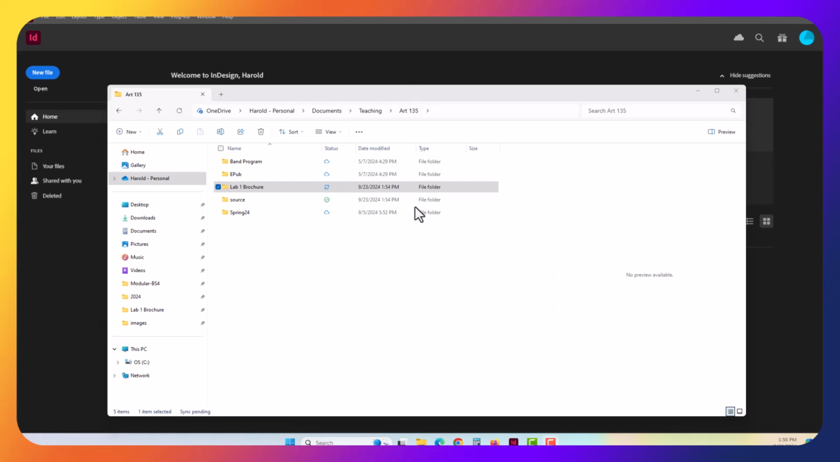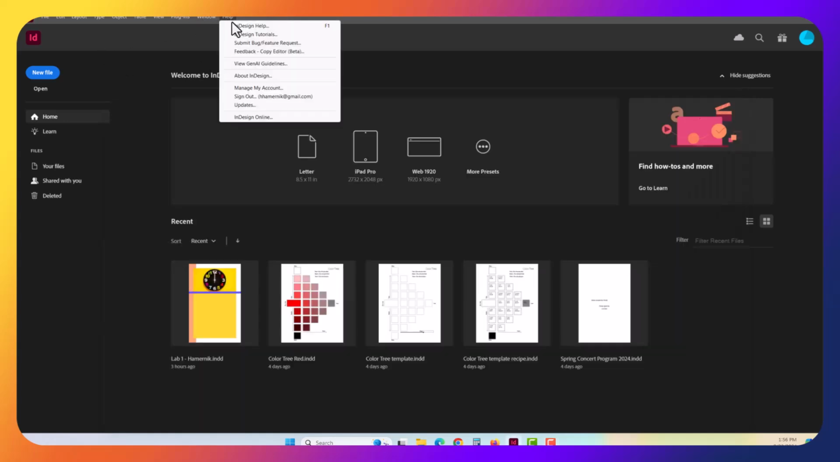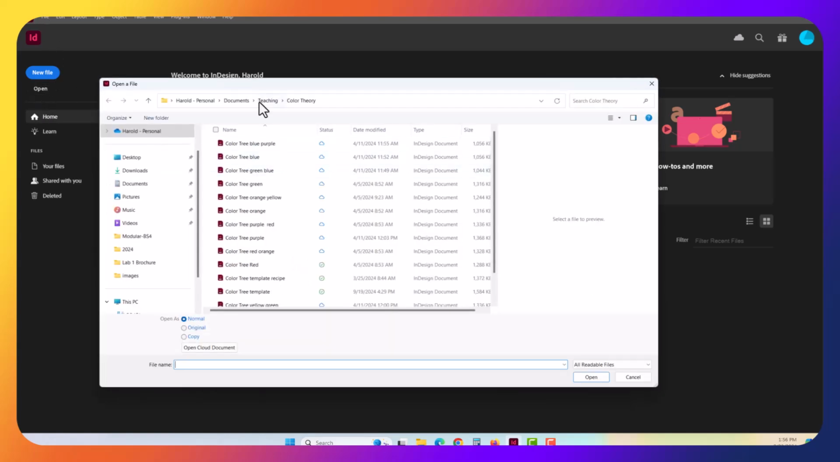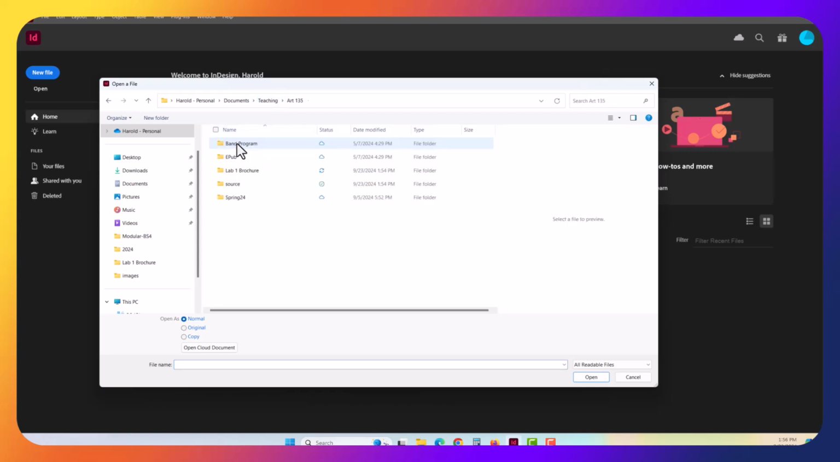In this video, we're going to be talking about InDesign and the directory structure for every project. So here is the actual Lab 1 brochure that I'm working on. So I'm going to go into InDesign here and do File, Open. I can navigate into the client folder, in this case Art 135, and here's my Lab 1 brochure